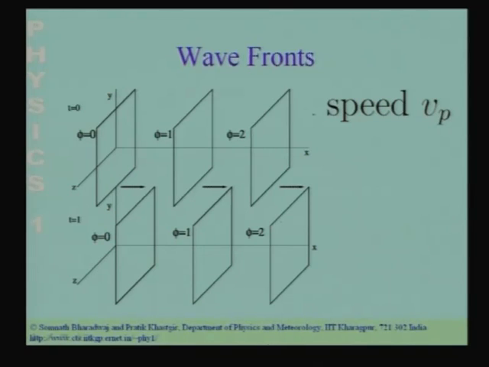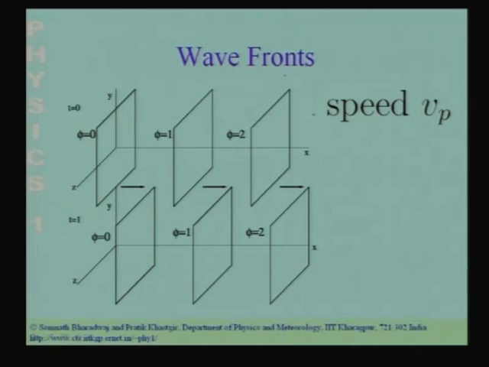So, there will be a surface which is x equal to 0 where the phase is 0. Then I will have another surface where the phase would have increased, and here I show you these surfaces on which the phase has a constant value. These surfaces are perpendicular to the x axis because the phase changes along the x axis. If I move perpendicular to the x axis, the phase does not change. So, the constant phase surfaces are perpendicular to the x axis and they are parallel to the y z plane. These are what are called wave fronts.